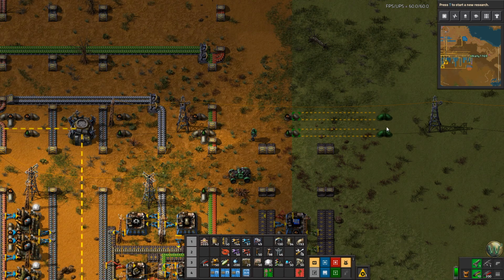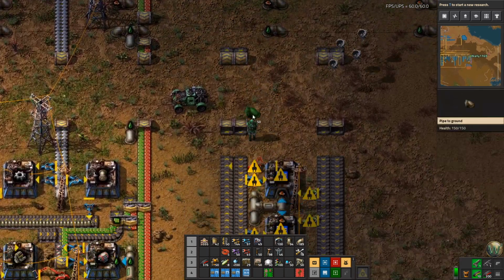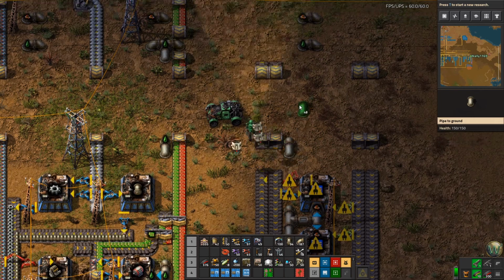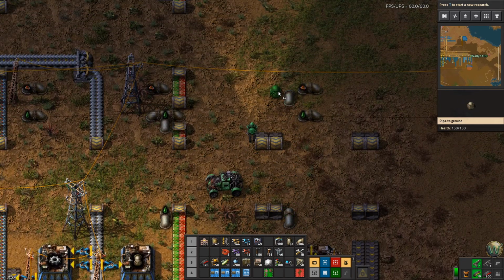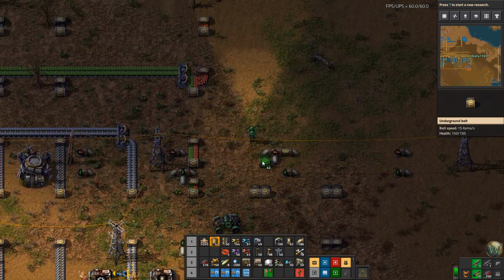No, we need more electric engines, so we'll need some more lubricant if nothing else. And then I want to do something like this, and then here, and then pipes, because of course we need the pipes. And then we need to bring in...